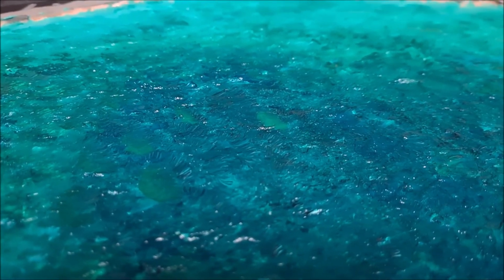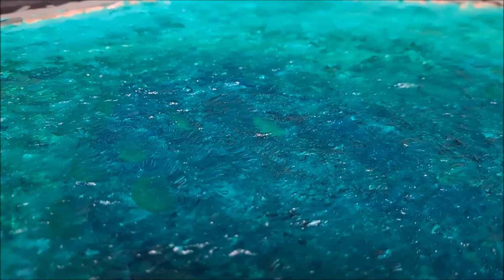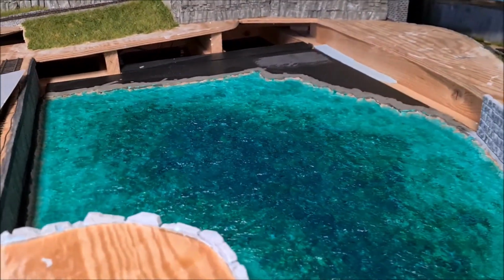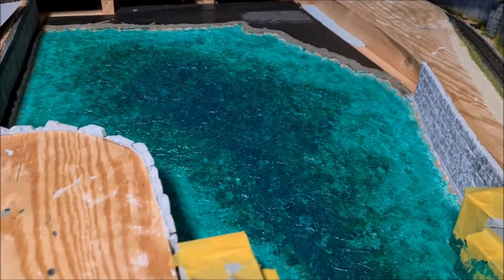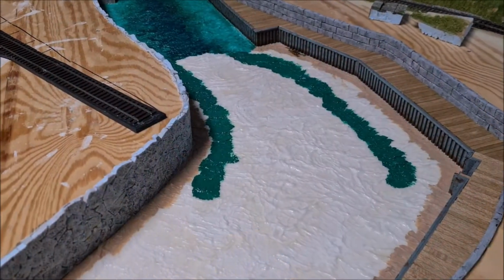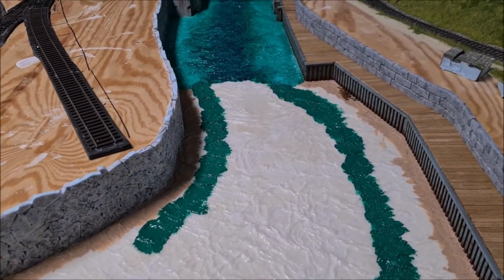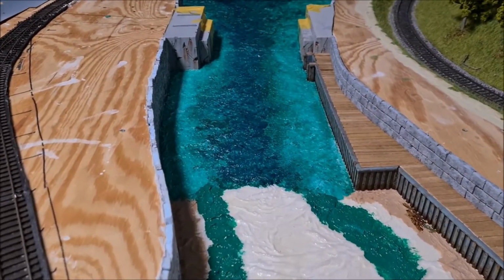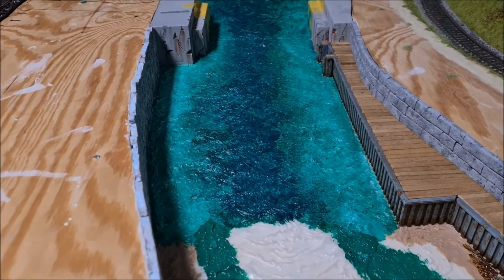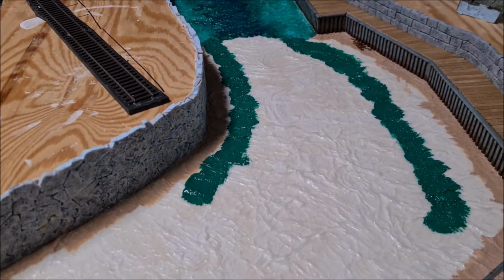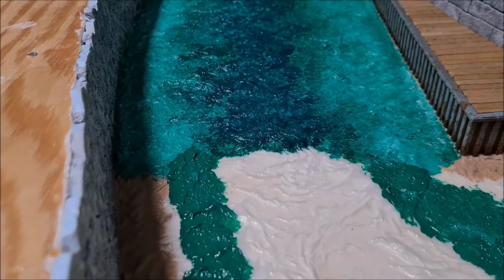So if I zoom in like this, you can see it's greenish, but it has a bluish tint. So I think this looks quite nice. Okay, just showing you how I'm dabbing on the paint. So as you can see, I've done another piece already, and now continuing over this way. So you can clearly see the color difference,